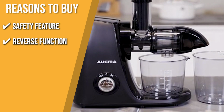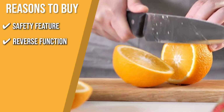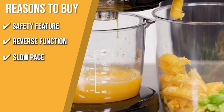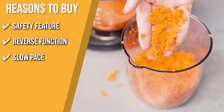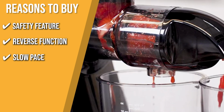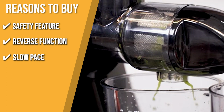Reverse function. The reverse function is a handy feature if you need to get in and loosen up something that's been stuck in the auger. Slow pace. Unlike traditional juicers, which extract juice at a fast speed, the Aucma Juicer twists the ingredients at a leisurely pace of 80 rotations per minute, resulting in a larger juice output, drier pulp, and less oxidation while conserving